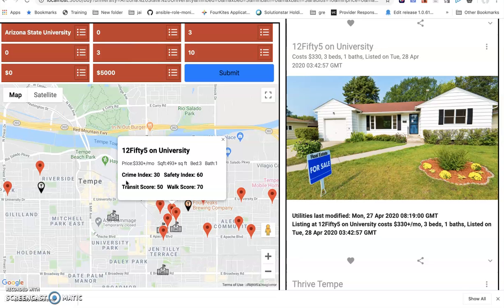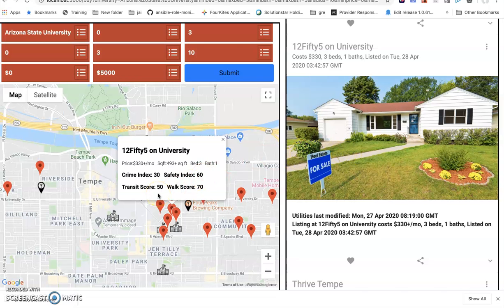So we give the transit score and the walk score as well. The crime index and safety index were scraped from a Kaggle data set, and the transit score and walk score were from another Kaggle data set.